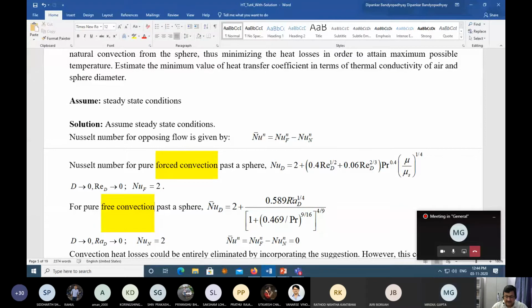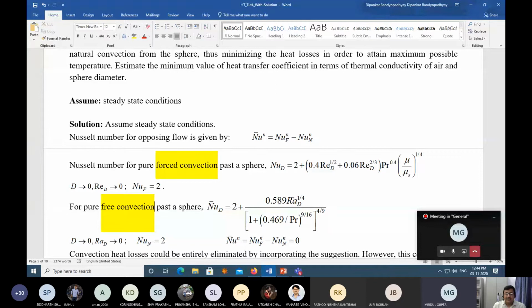Okay, sir. So suppose I apply the fluid flow towards the direction of the natural convection, then they will add. Say suppose there is a natural convection like this. Now if I flow the fluid in that direction, then they will get added up. If I try to destroy that, then they will act against each other. So the direction will be the dominating factor. Correct.